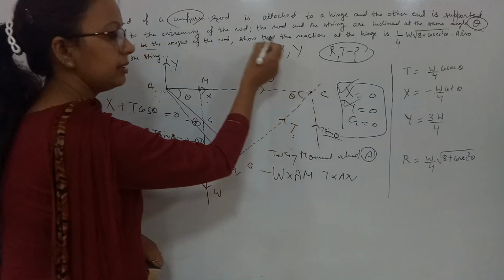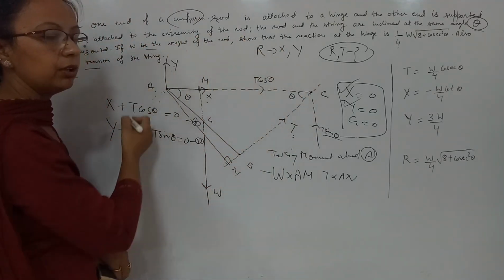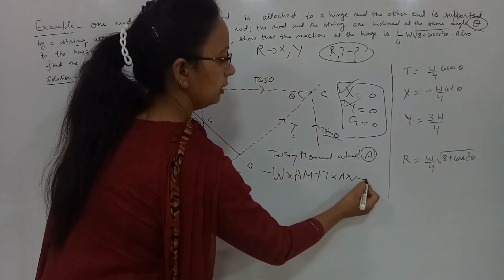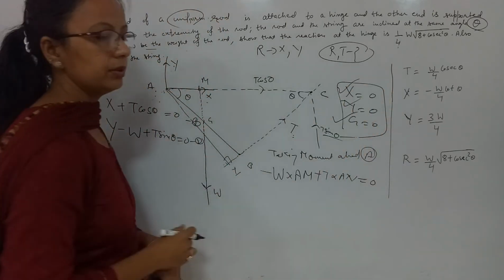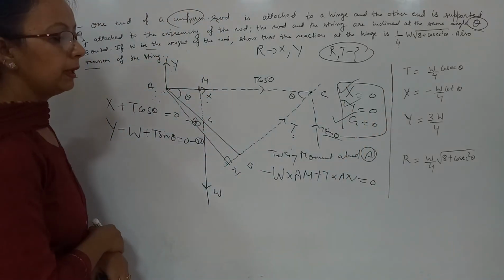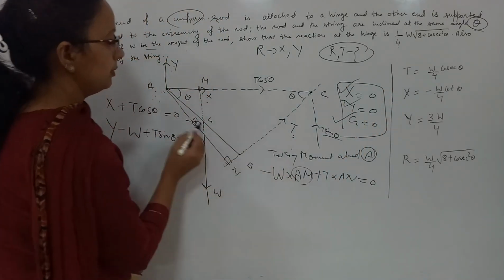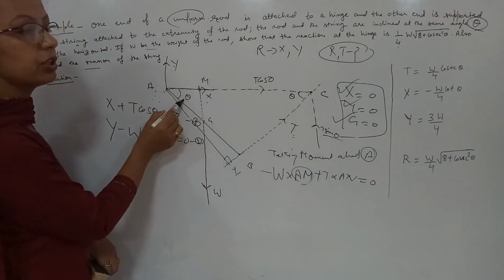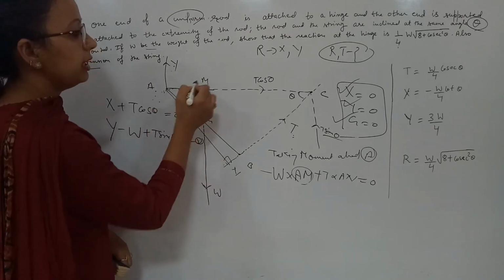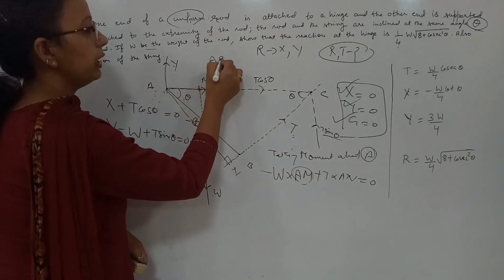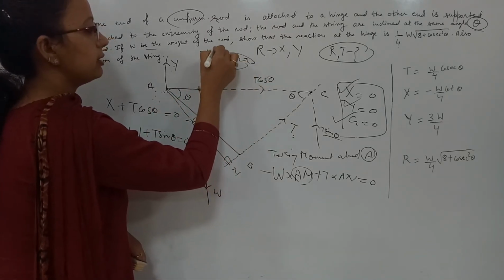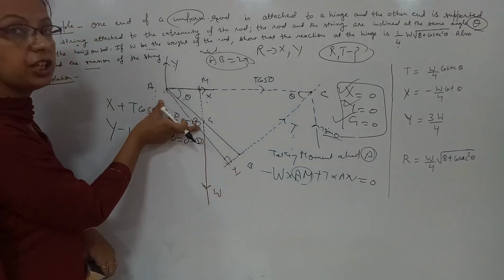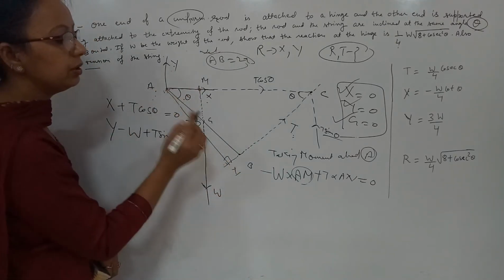Now it is like this, anti-clockwise, so it will be positive, and both equal 0. The third point is also done. Now what is AM? See, this AM is AG into cos theta. Say the total length of the rod is 2A. Let this total length be 2A, so AG is A. So AM is A into cos theta.